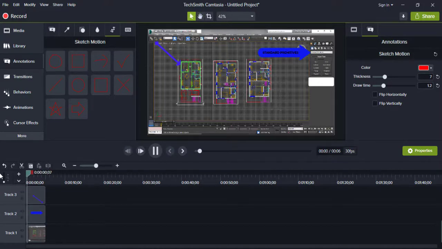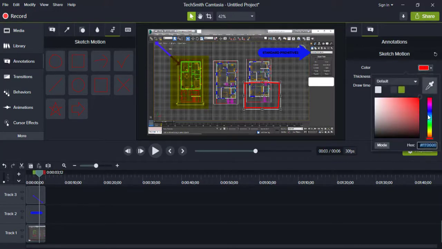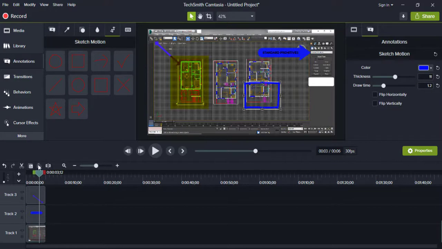How does it look? So this is how it is going to be. You can actually increase or decrease the draw time, and it is really interesting. It is something that catches the eyes of the viewer and makes them more focused on it. From here you can again change the color. I have increased the thickness. We'll see again how it looks. We'll just preview it by clicking on play, and yes, this is how it is going to be.